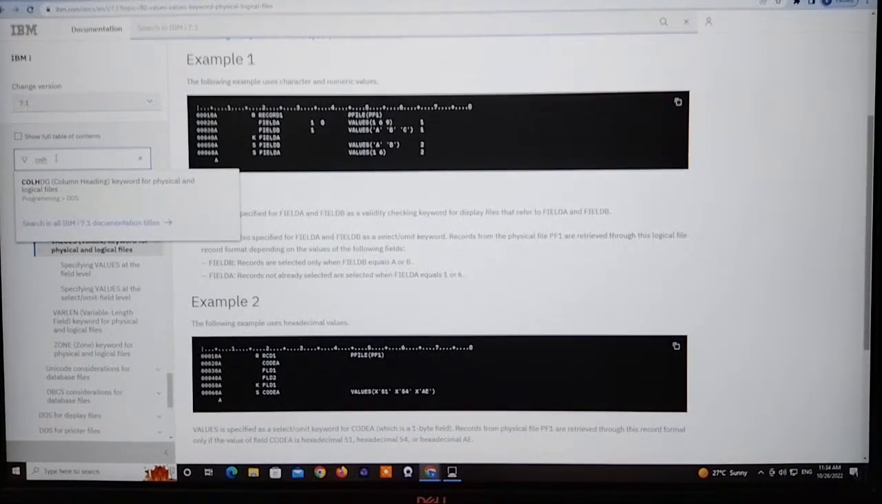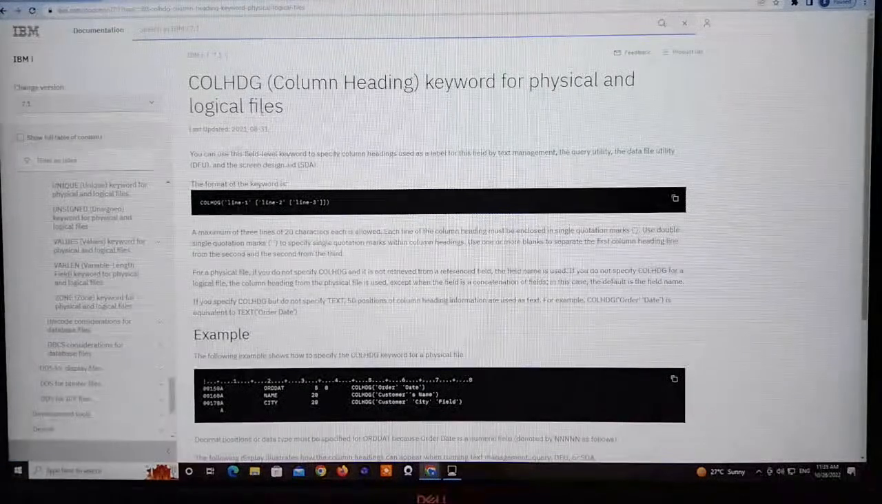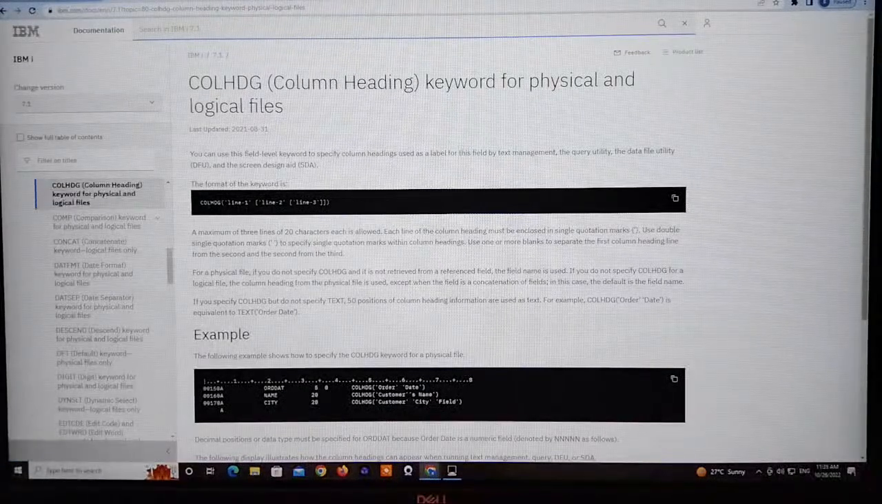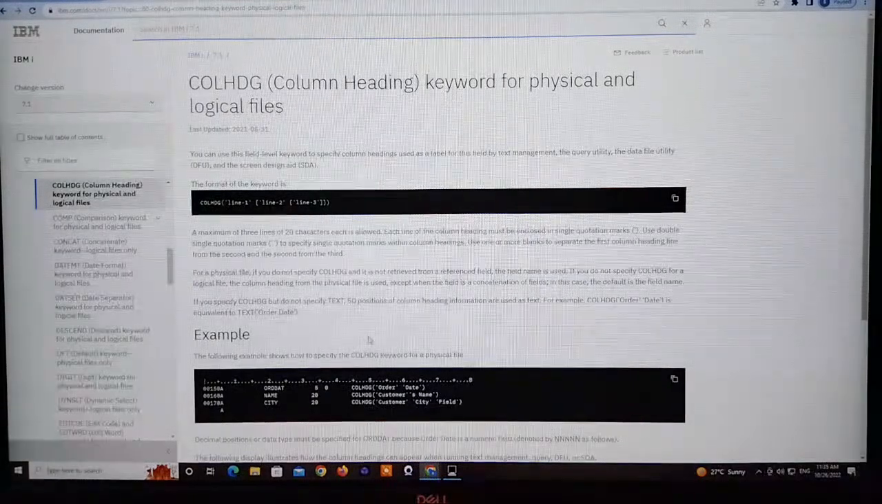This function is also used in both physical file and logical file. If you type column heading, this is the syntax and this is an example. We have every function and every command-related description listed here, which is enough. Okay,